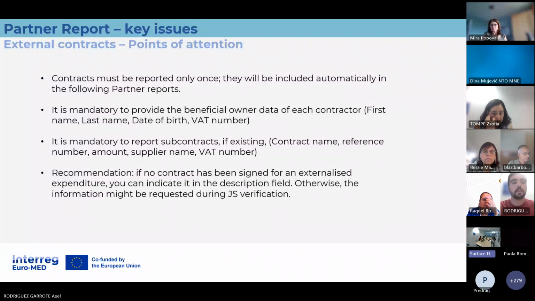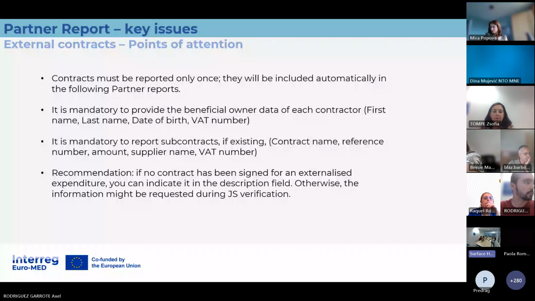Only because this is a question that has arrived quite often, it comes to my mind. If you are not declaring expenditures, you don't have to submit a partner report. And you actually cannot, because the system doesn't allow you to submit it if there are no expenditures in that report. You can create a draft version in case you want your lead partner to take a look at information, or in case you want to start filling the report with expenditures over time. But you cannot submit a report without declaring expenditures. Not requested. Thank you.